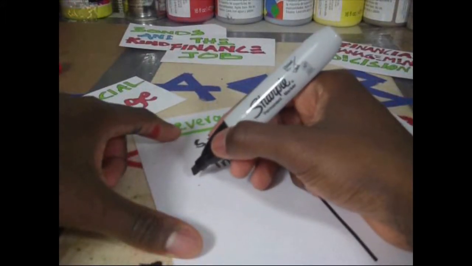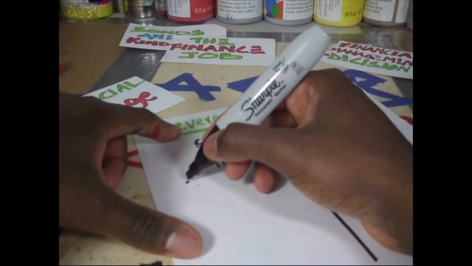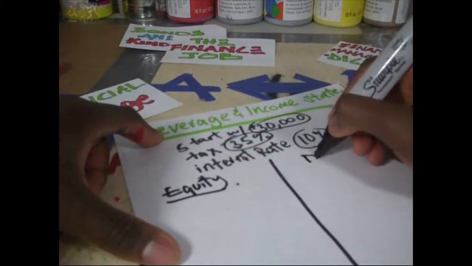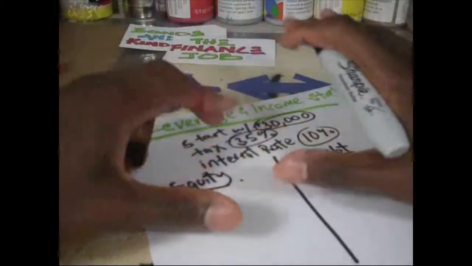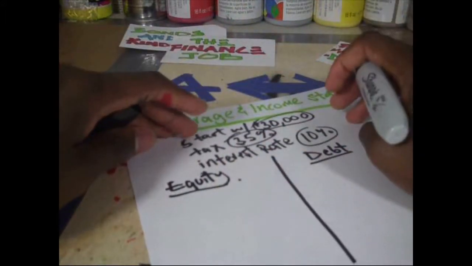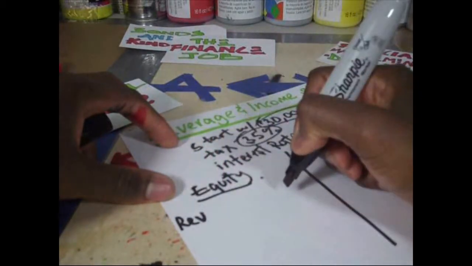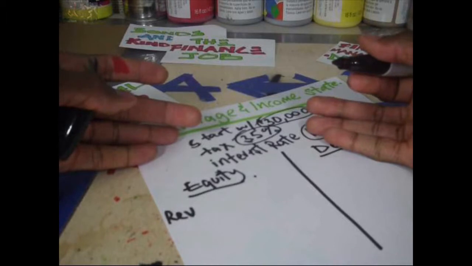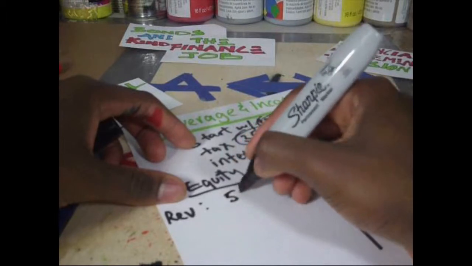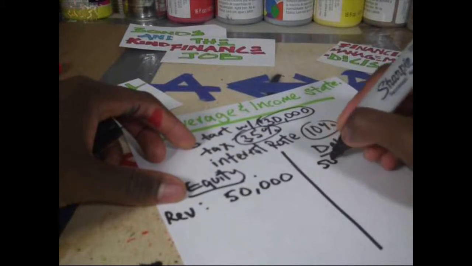So we'll say the left side here is us using our own money. So let's just say equity. So we're using equity here. Here we'll say we're using debt. And we're just looking at the income statement right now. You don't have to worry about the specifics of what this investment is, but let's say it brings in a revenue of, after spending the $30,000, we get $50,000. So on both sides, regardless, it doesn't matter. If we borrow it or if we use our own money, we're going to bring in $50,000 for that period.